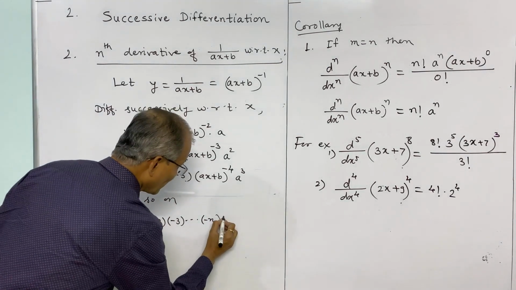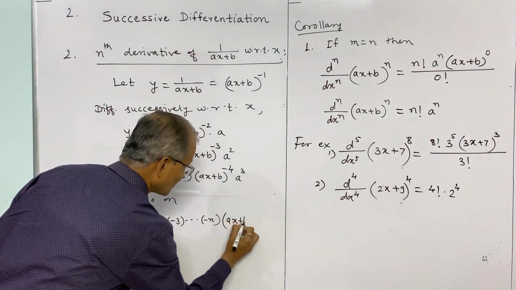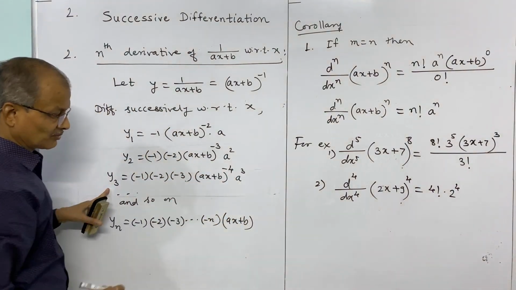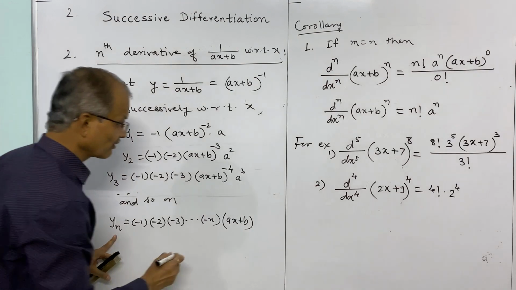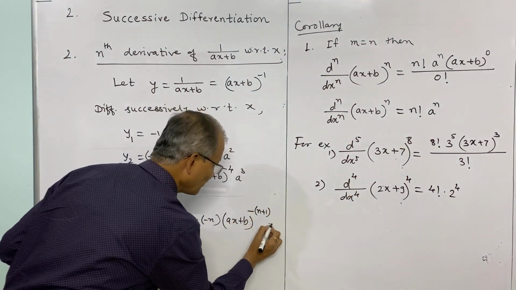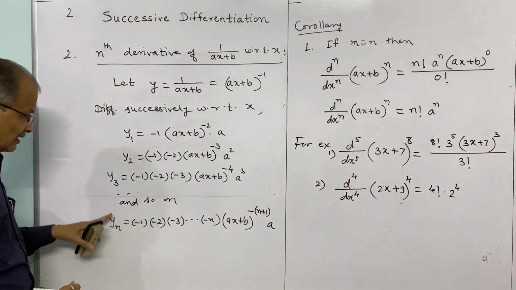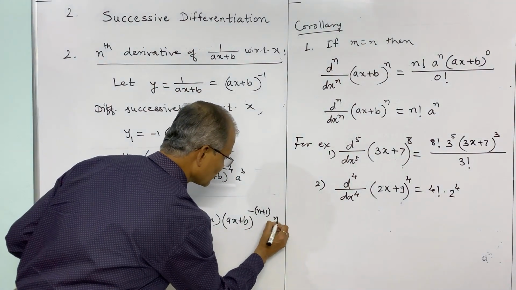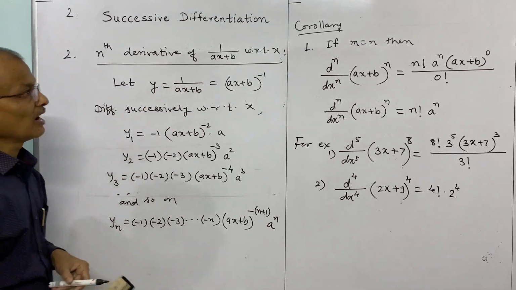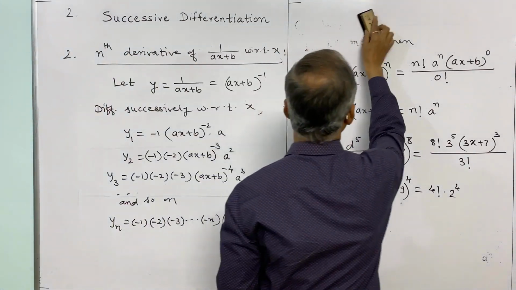For (ax plus b) to the power, here for the third derivative the power is minus 4, and for the nth derivative the power must be minus (n plus 1), and for the power of a, here it is 3, here it must be n. So this is the nth derivative of 1 upon ax plus b, and we write it in the form as